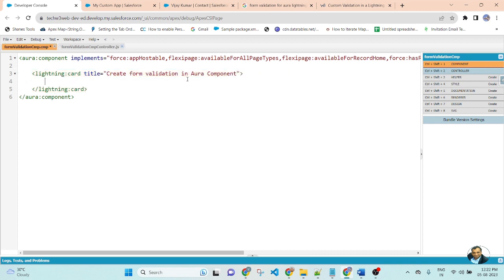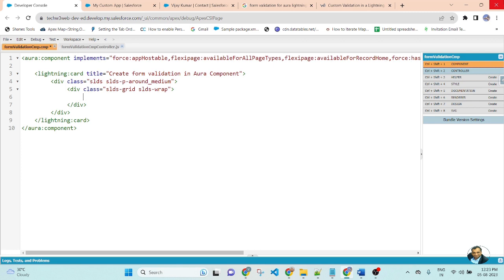Inside the lightning card, I will create a div with class equal to SLDS p-around_medium. Here I will create a div with class equal to SLDS grid SLDS wrap.